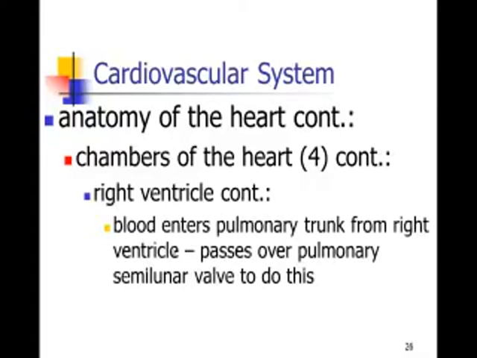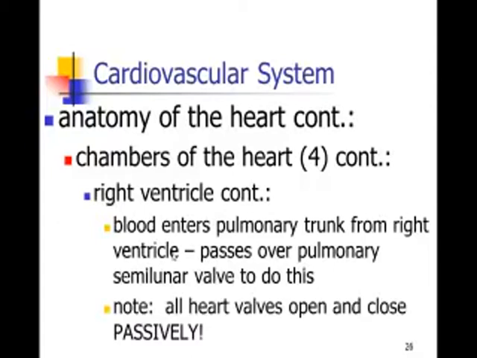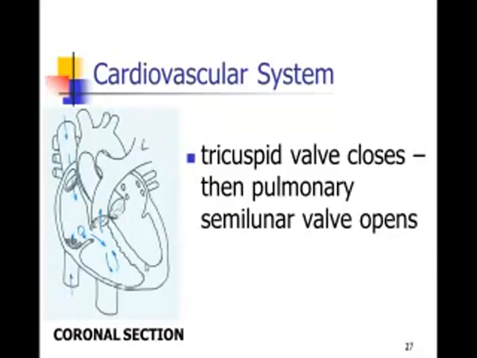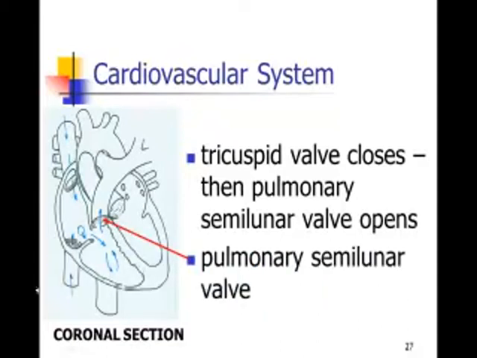Blood is going to go from the right ventricle into the pulmonary trunk once the pulmonary semilunar valve is open, and again gets ejected from the heart. It's important to note that all these valves are going to open and close passively, and so what that means is there are no muscles that pull them open and there are no muscles that pull them closed. So here the tricuspid valve shuts first, and the pulmonary semilunar valve gets pushed open, and the blood gets ejected